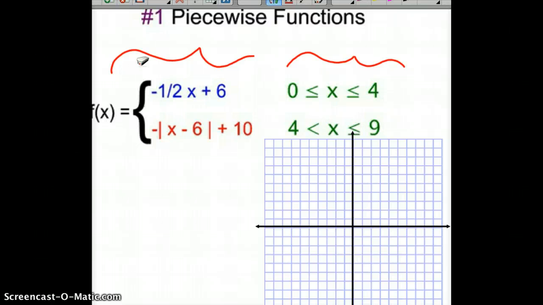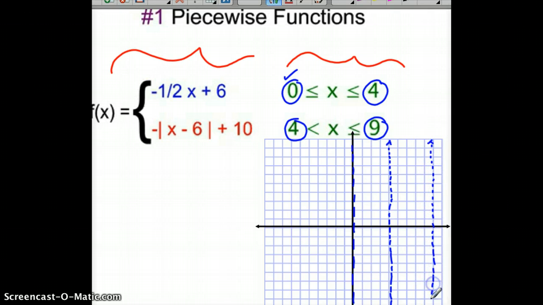So with these piecewise functions, what I would suggest you do is go look at these boundaries. They tell you what chunks of the graph you're going to be splitting up. And I usually, you don't have to, but I like to put what I would call a fence or a barrier. It's not an asymptote, so I kind of do it dotted. And at 0, I've got a boundary. And at 1, 2, 3, 4, I've got a boundary. So I'm going to just do this in blue. And then over at 9,